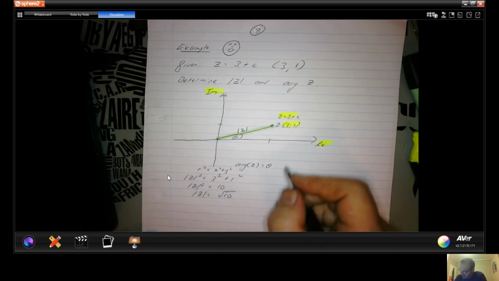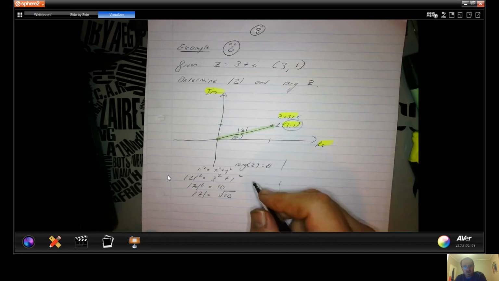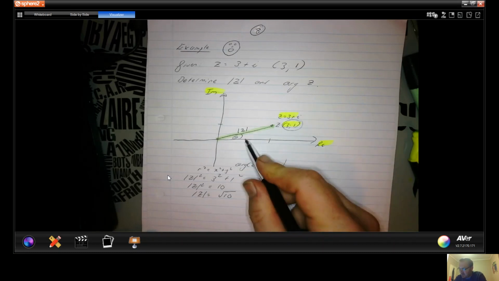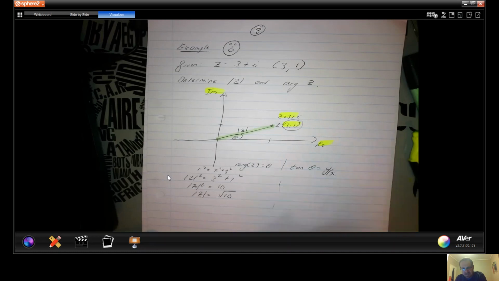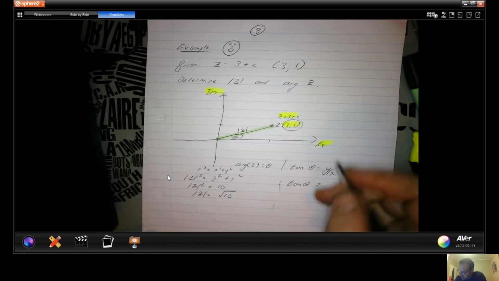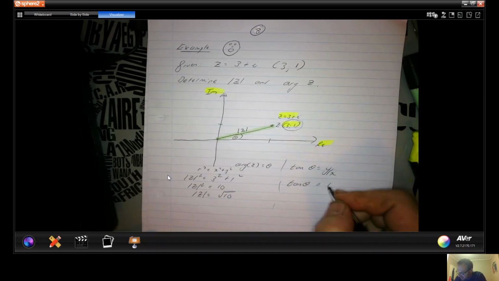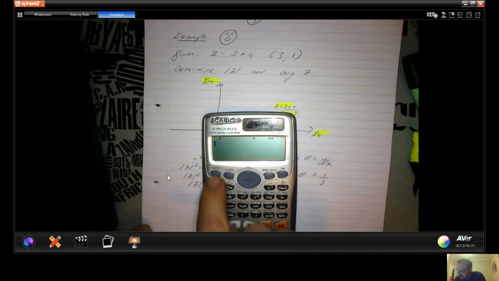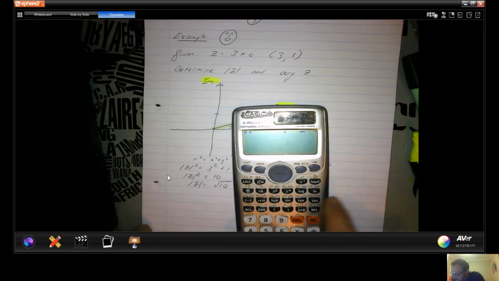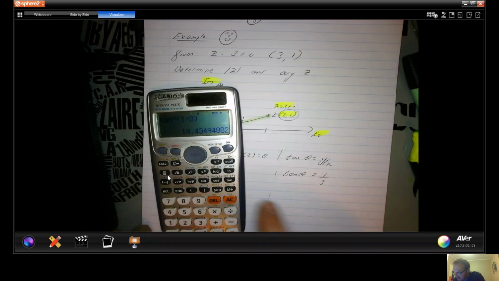And then to find the argument, I'm always given the y coordinate and the x coordinate. The ratio of the y coordinate over the x coordinate is given the name tan. So tan theta in this case is, the y coordinate is 1, the x coordinate is 3. So tan theta is equal to 1 over 3. To find the angle, I go shift tan to the negative 1 of 1 divided by 3 equals, and I get, to 2 decimal places,